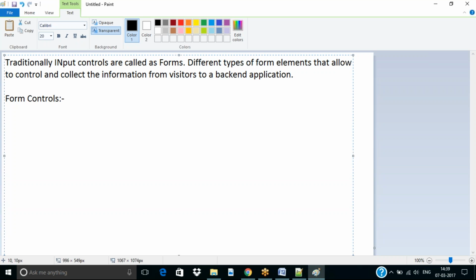So there are several types of form controls. The first one is text field, or text input. Text field, also known as text input, actually takes information in a single line. Okay, so it holds information in a